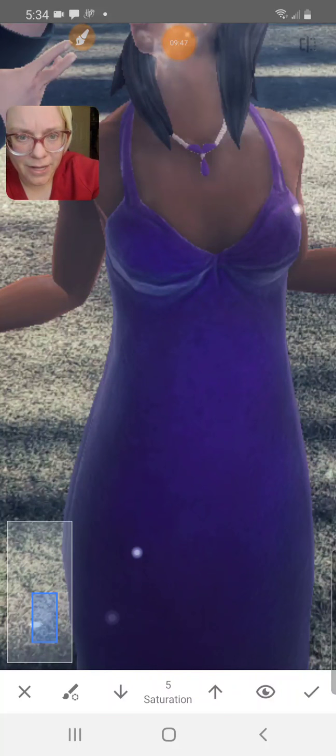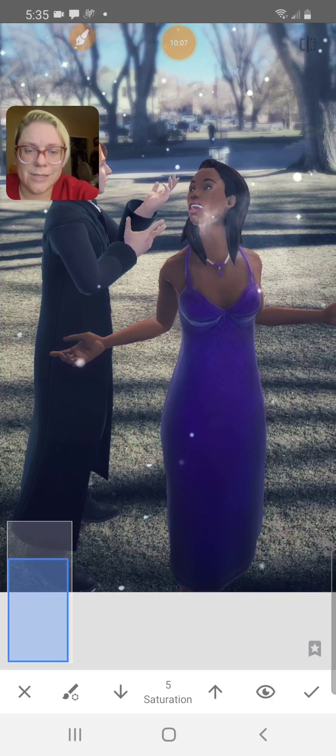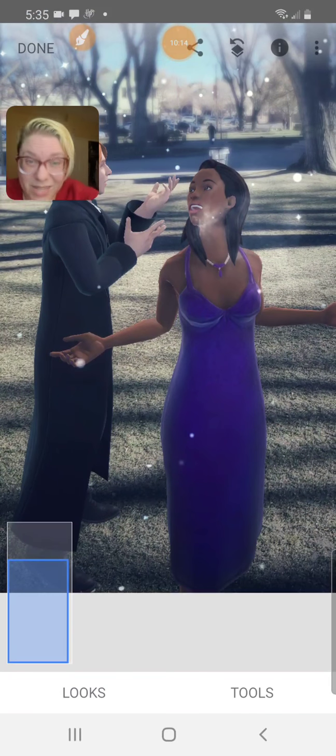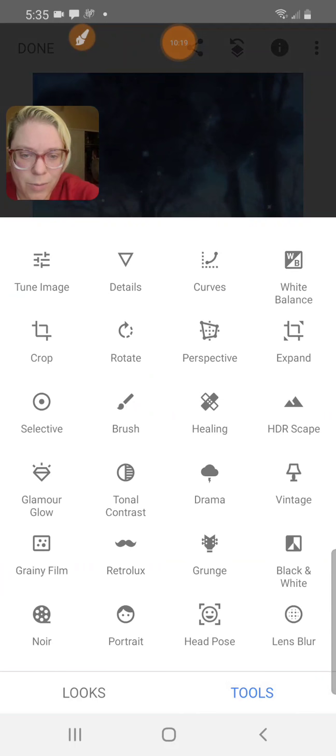So if we do this in advance, then when we put on the filter, you'll still be able to see the purple a little bit more easily. I'm just brushing my finger back and forth over it. It takes a couple repetitions with your finger to actually bring out the full brightness. So you can do this a lot or a little. In this case, you can see the difference there. That's without it, and that's with it. So that's all I'm looking for, just to up that color a little bit so that when we go back into grunge,